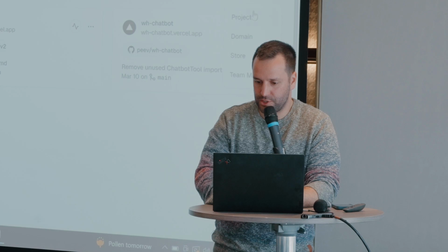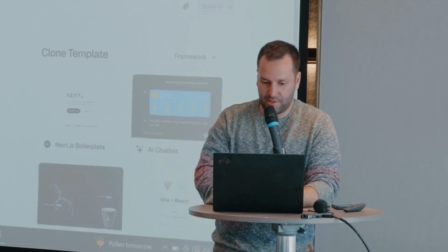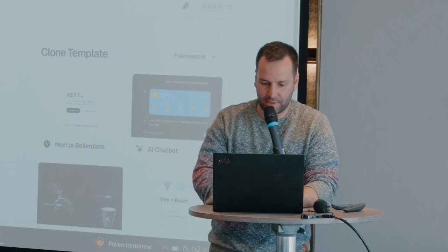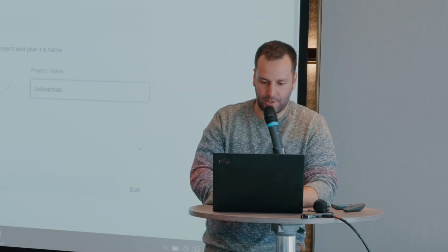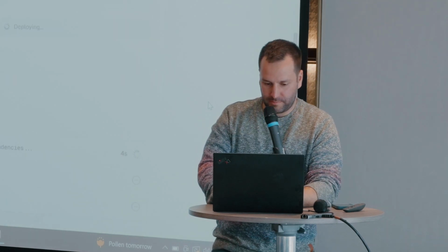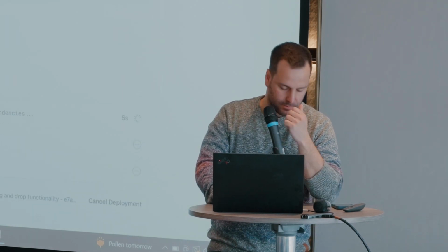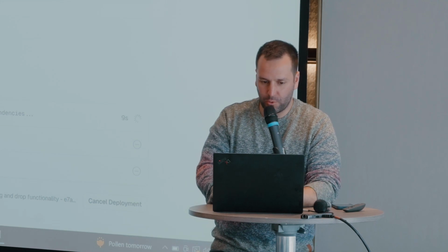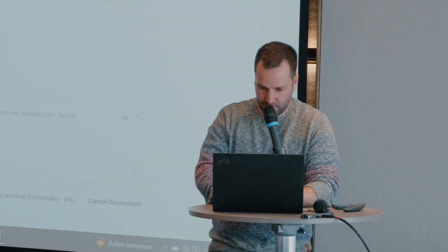So let's simply go back to my free version, add new project. I see now, because my GitHub is already connected here, I just need to click import here and click on the deploy button so the app can go live. So Vercel takes all the code from GitHub, builds the files, and publishes the website.